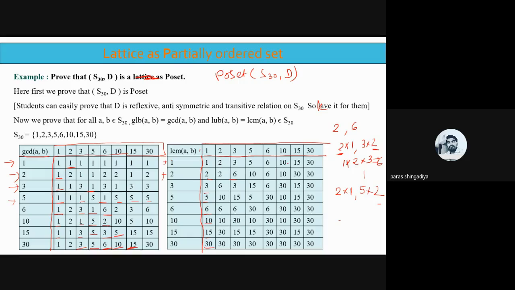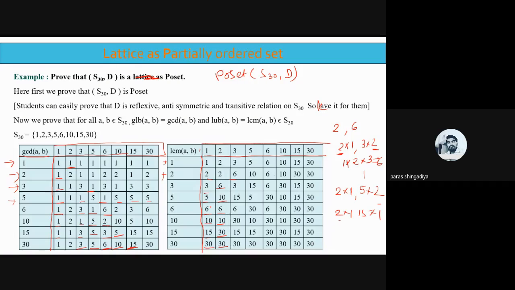Okay? Then after that, 2 with 15, so 2 into 1 and 15 into 1. So it will be written as 1 into 2 into 15. So the answer is 30. Clear? And then after that, 2 with 30, 2 into 1 and 15 into 2. So 2 has to be used only one time, so 15 comes with 2 one time. So what will be the answer? 15 into 2 is 30. Clear? So this is the data for number 2, and use these values 6, 10, 6, 10, 30, 30 in this second column. 6, 10, 6, 10, 30 and 30.